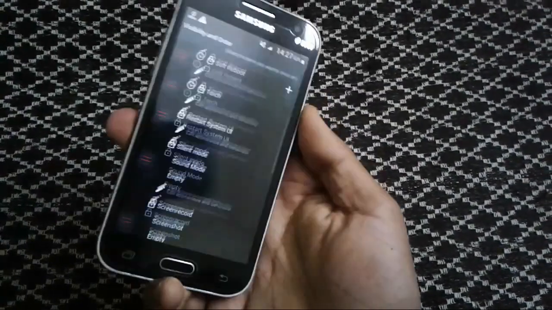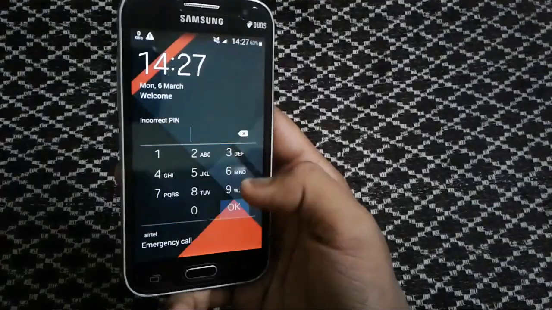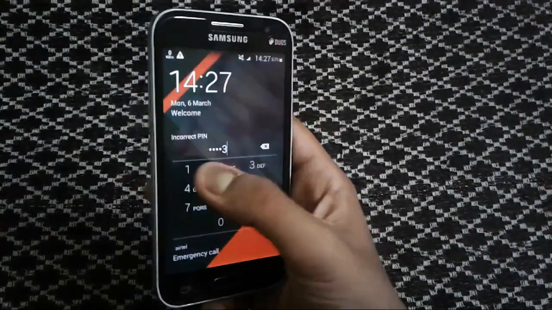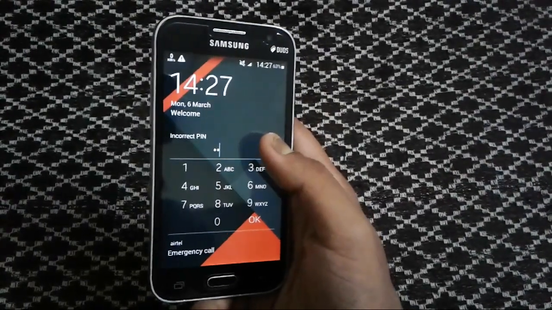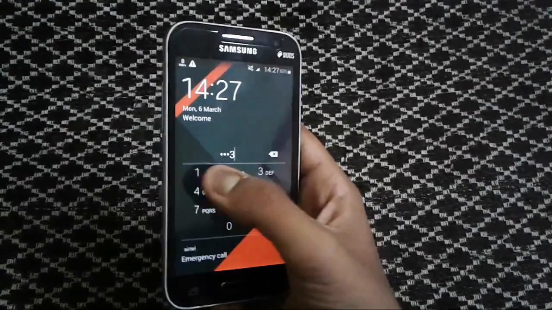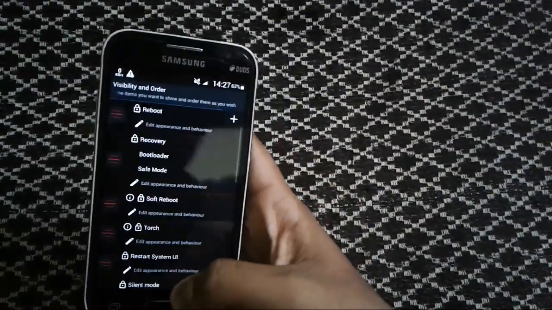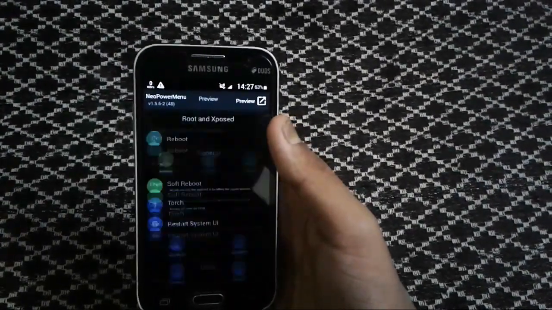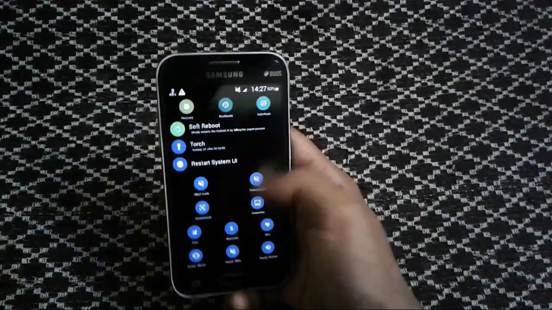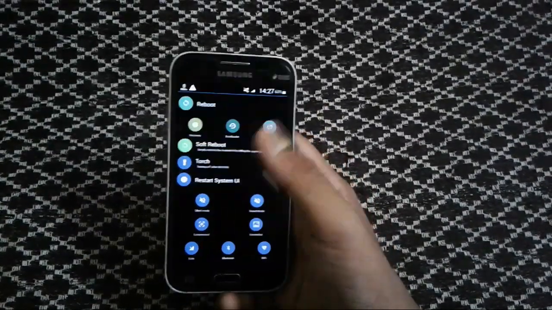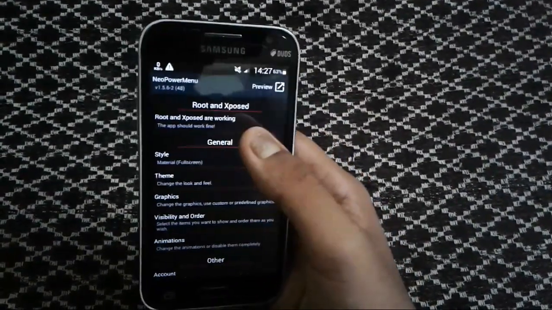So now let's see what I have done. I will open my, wait, not this one. So this is how you can customize your power icons or power menu options, which is a very nice feature of this Xposed module, Neo Power Menu for Android devices. So guys, this was another video on Android customization. Now I can preview it, and this is how I have changed the view of this power menu. You can also change which icons should be there or how they should look. So this is another feature of this new power menu app.